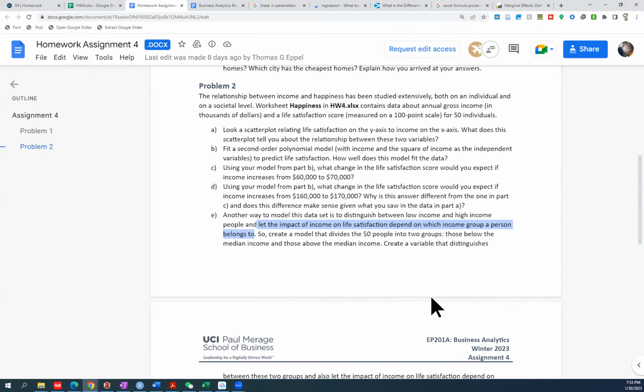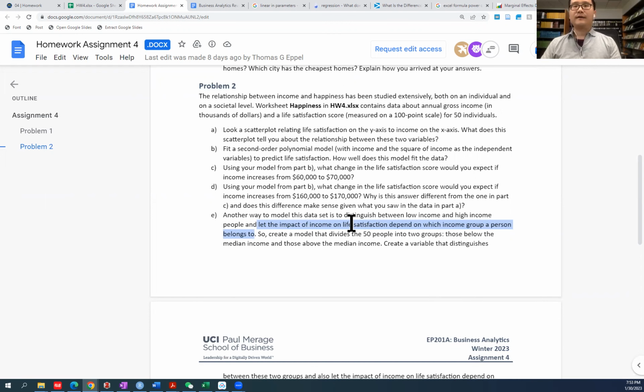The answer is no. In a previous model, if we did not have the interaction term, the impact of income would not depend on the income group. Notice the difference between life satisfaction depends on income, and the impact of income on life satisfaction depends on something. They are quite different